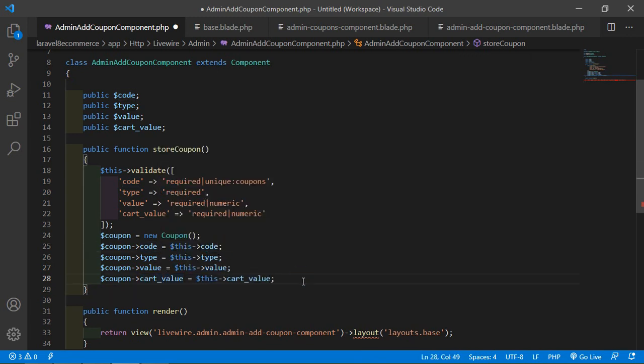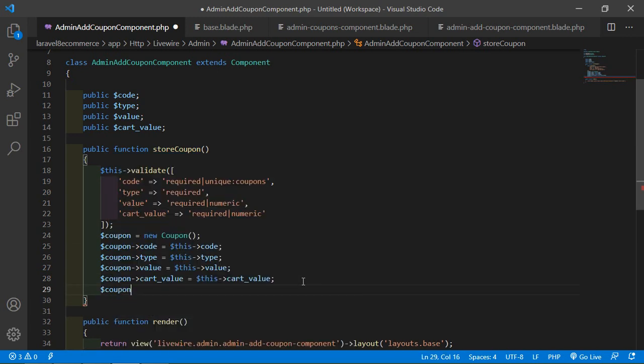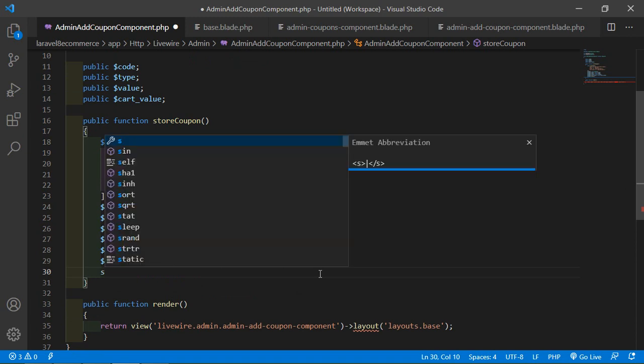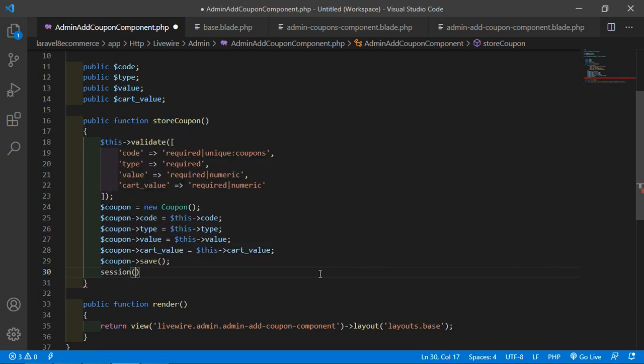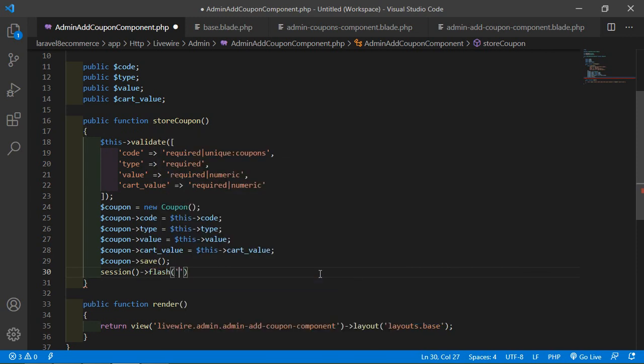Okay, and after this we'll call here the save method, so $coupon->save, and after this just put a message inside the session class. So right here session->flash, add the key message, and add the message coupon has been created successfully. All right,